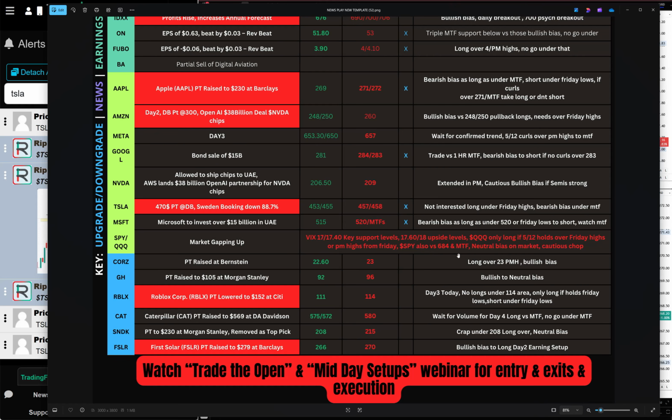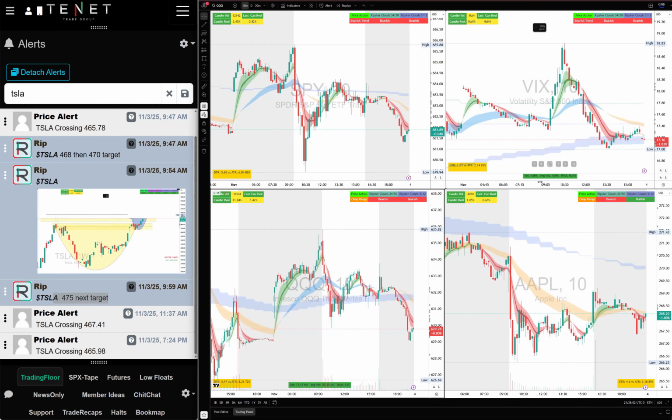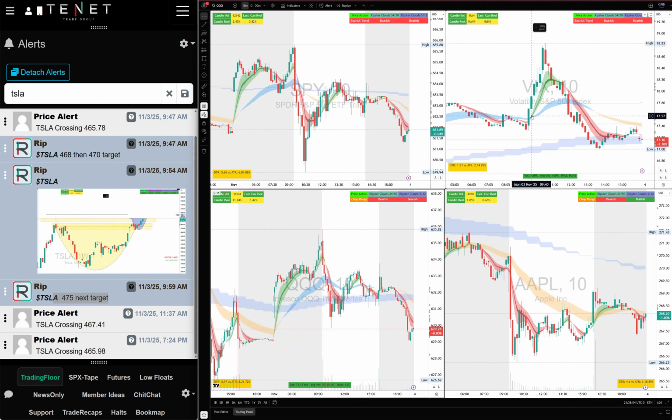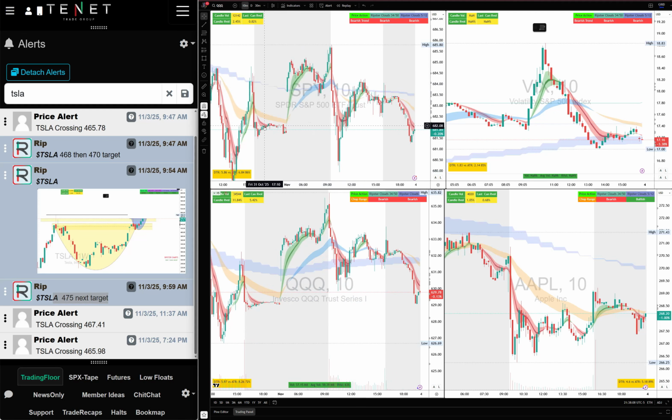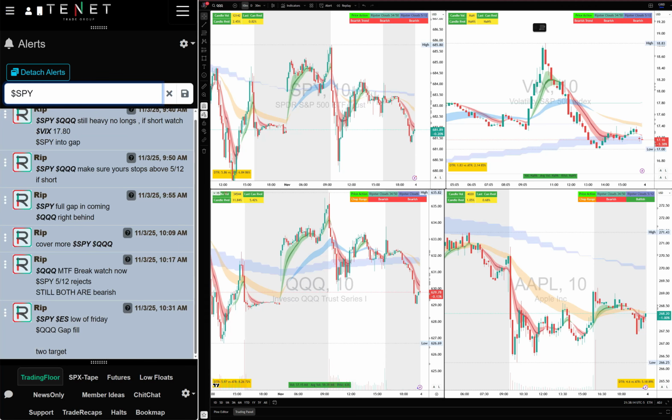SPY versus 684 and MTF. If we long, we want to see these levels break. We want VIX to break under 17.40, 17.60, but we will short it if the VIX pushes over that. So you see that VIX bounced right away in the morning. VIX pushed, so right away QQQ was a short. There was a gap here. You buy the puts, breaking 512s, buy the puts. And it was my all day guidance on trading the SPY QQQ shorts.